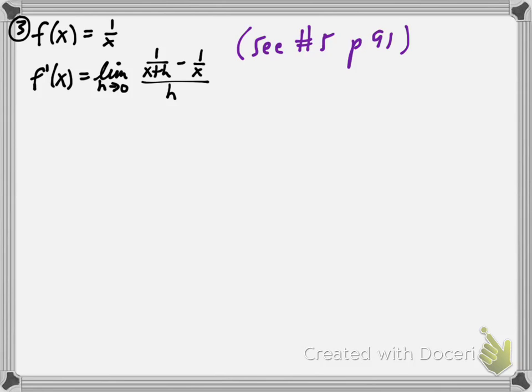All right, and so to figure out what this limit is, we have to set h equal to 0, and when we do that, we get 0 over 0. When we get 0 over 0, there's a technique. What we're going to do here is multiply top and bottom by the same thing, and that same thing happens to be